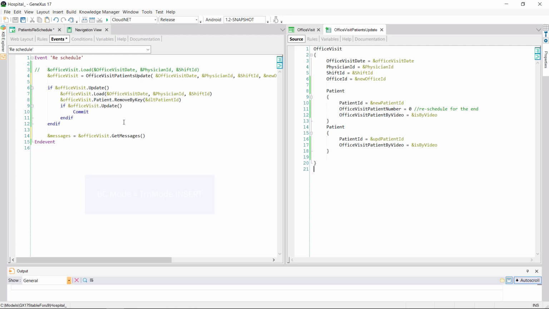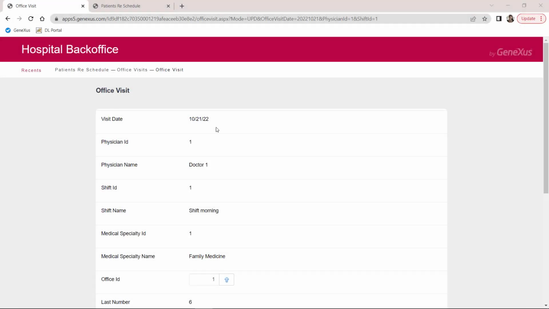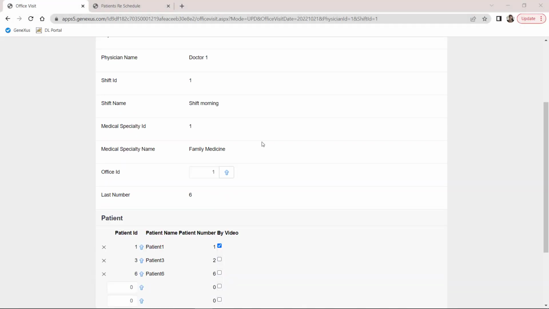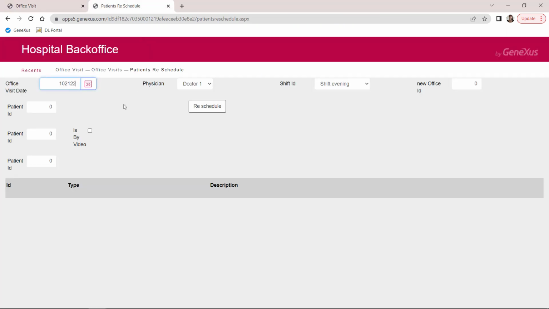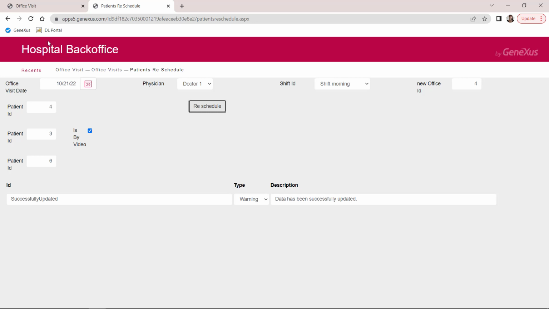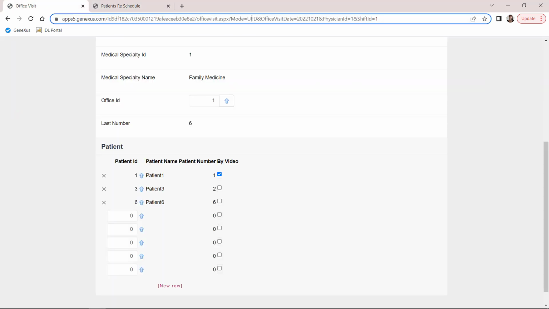So, office visit will be here, inevitably in that mode. Let's test it again to confirm that we get exactly the same result. Then, once again, we leave the visit as it was before, with Office 1 and these lines. We indicate the updates we want, and run again. Success.